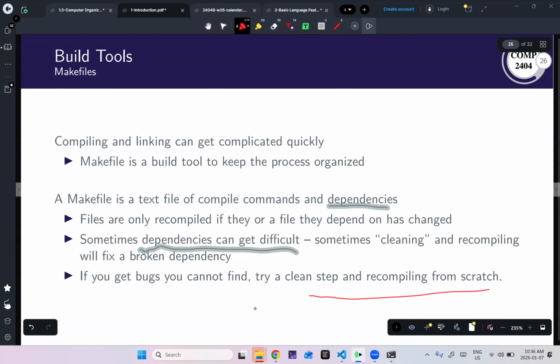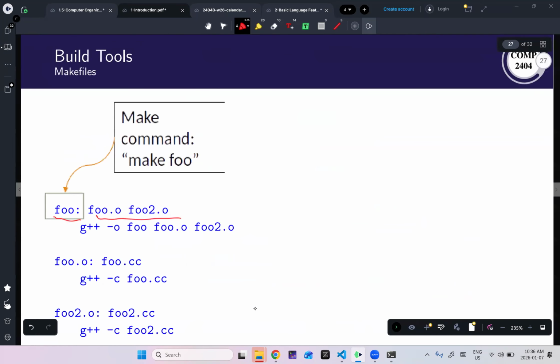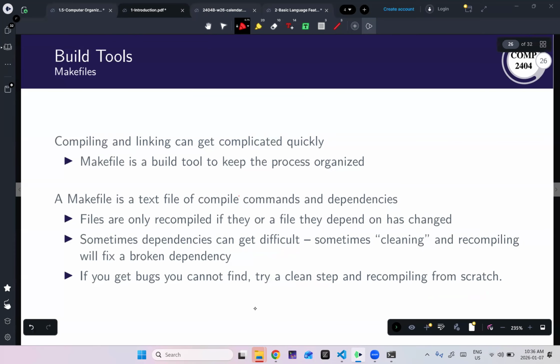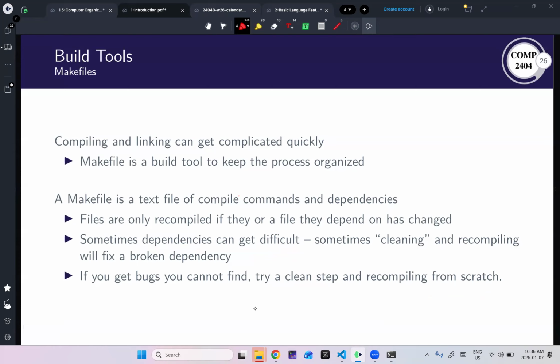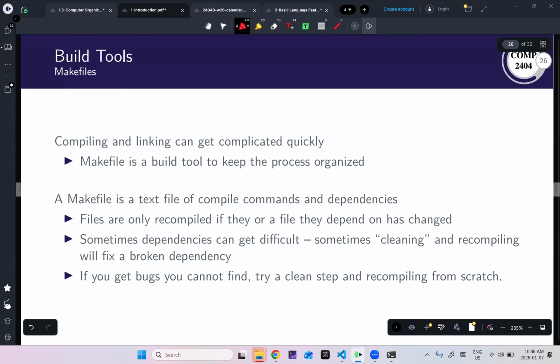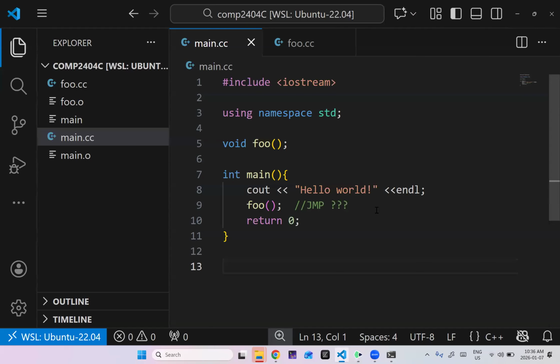All right. So as we make files, actually, let's look at the example and then we'll talk about that. Sorry for the